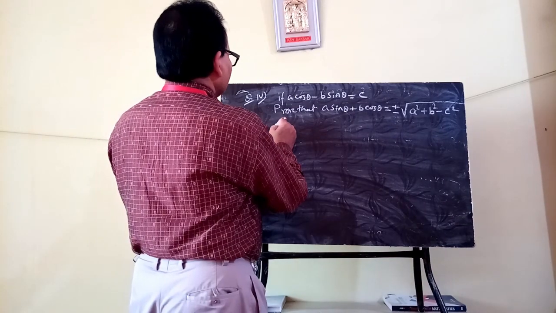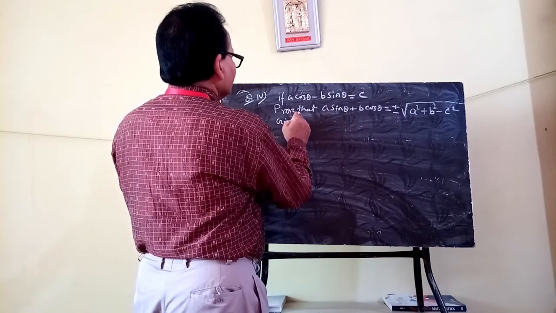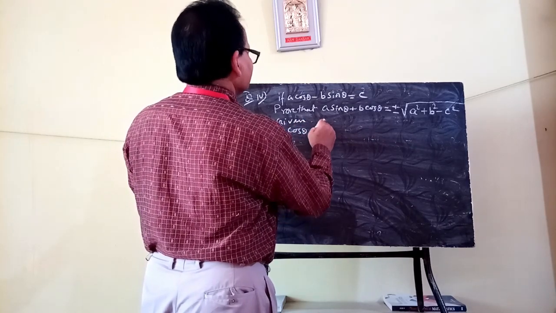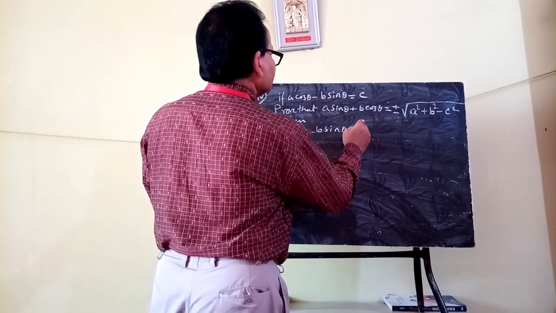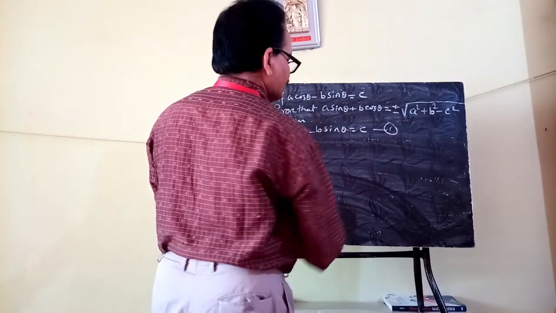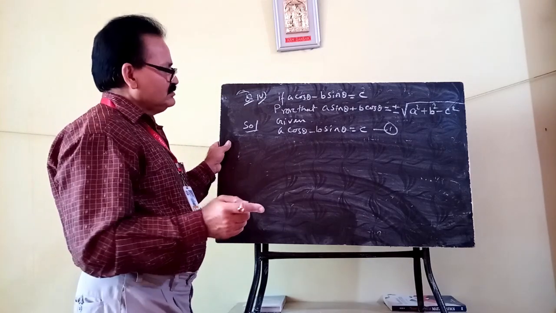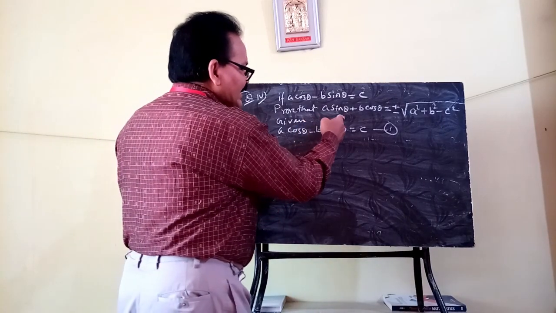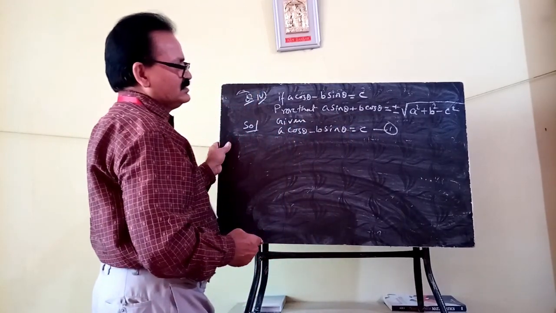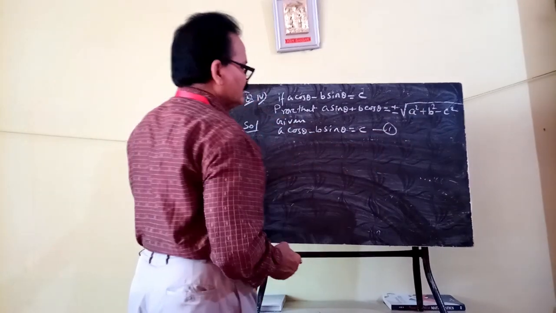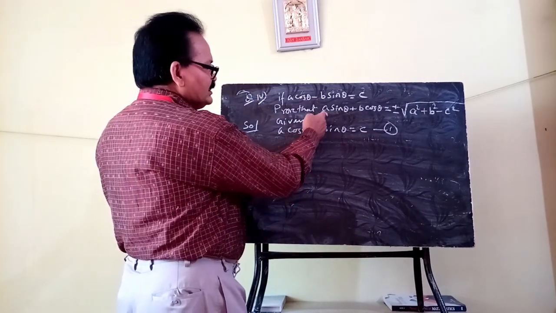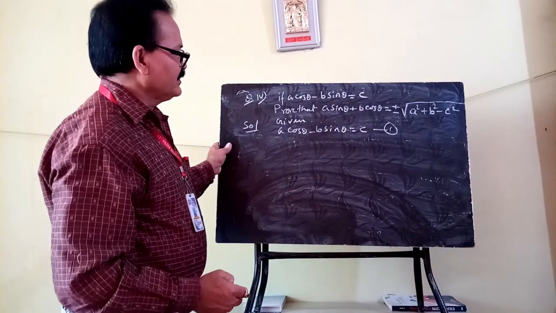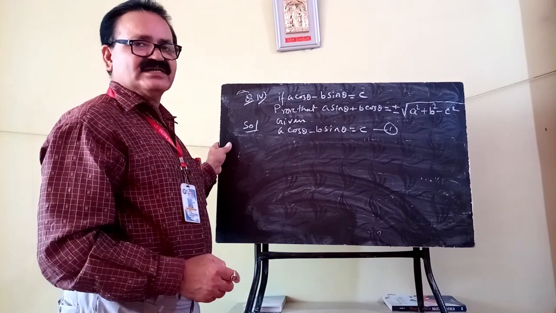So you have to write the given part, A cos theta minus B sin theta equals C. You say this is equation 1. Minutely observe what is to be proved. A sin theta plus B cos theta must be equal to this one. So you see the sequence. Here it is A sin theta, here it is B sin theta, here it is B cos theta, here it is A cos theta. So that means there is a sequence.